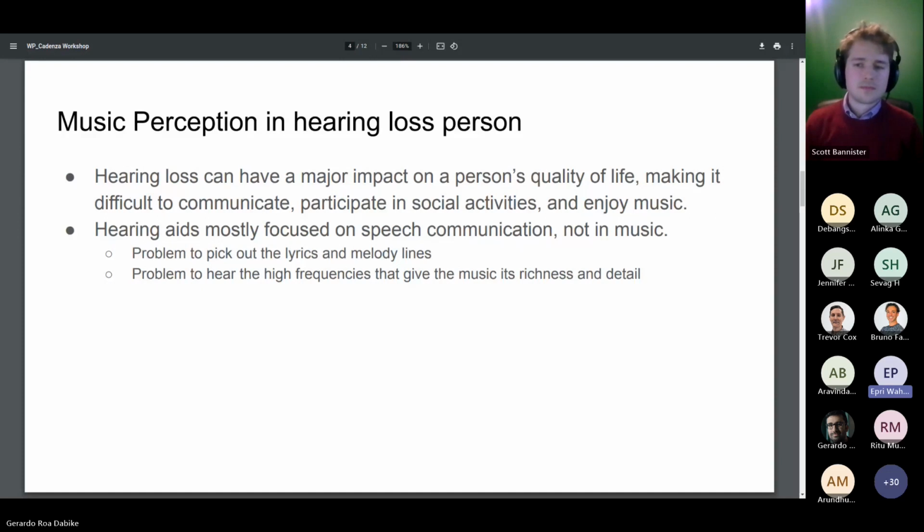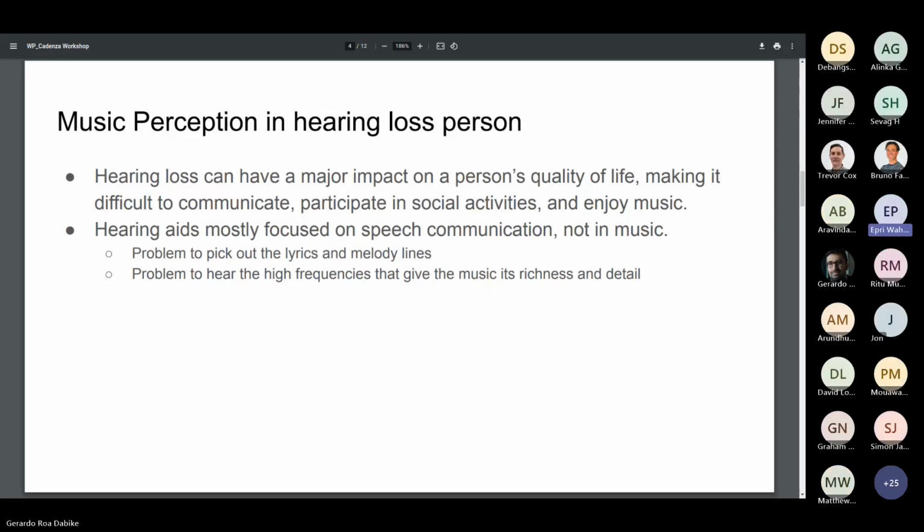Most of the problem is that hearing aids mostly focus on speech communication, but not music. There are problems such as picking out the lyrics or melody, and problems with the high frequencies, so they cannot hear the music richness and detail. Okay, next.